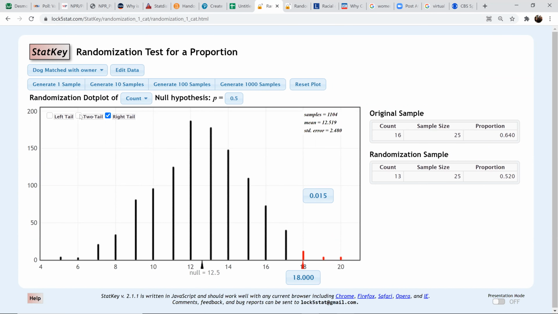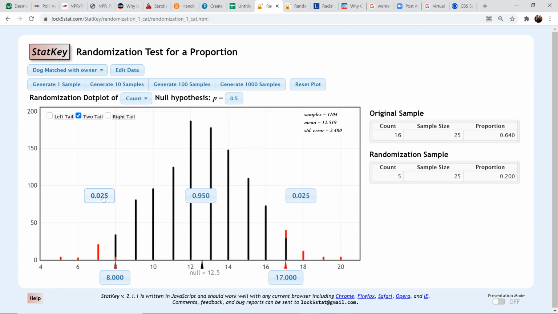You can click two tail. Now it's going to put data up on two tails. So it's spreading that probability out amongst two tails. You got 2.5% here, 2.5% here. There's a 5% chance of being out there in the tail. So there's a 5% chance that you could be wrong for data that looks like this in the red. Anywhere in the red, data could be leading you astray. It's a chance that you take when you're making a decision in a null hypothesis.